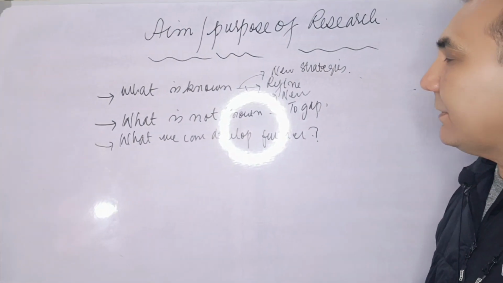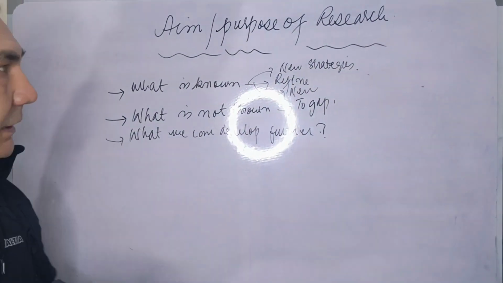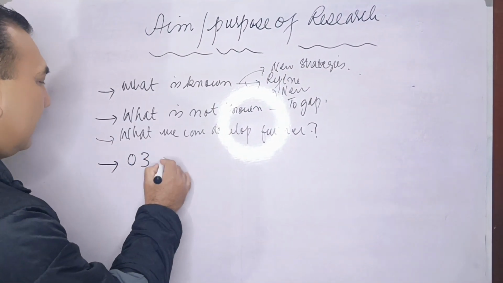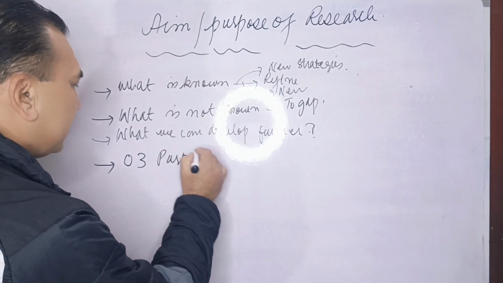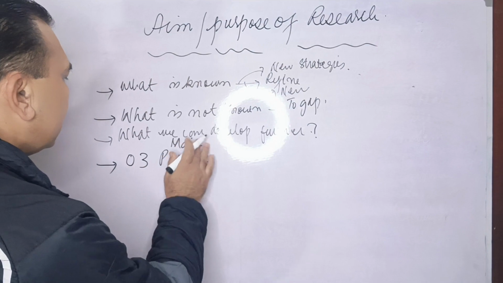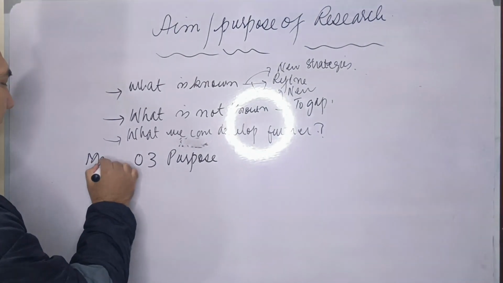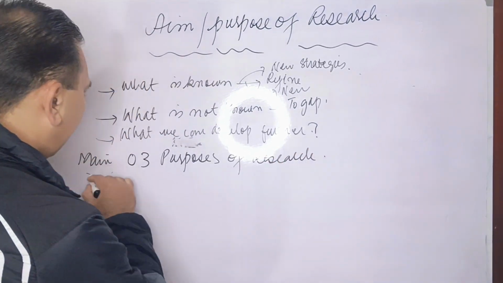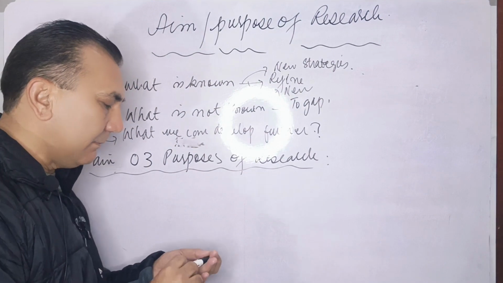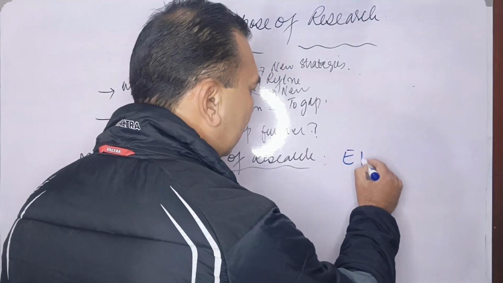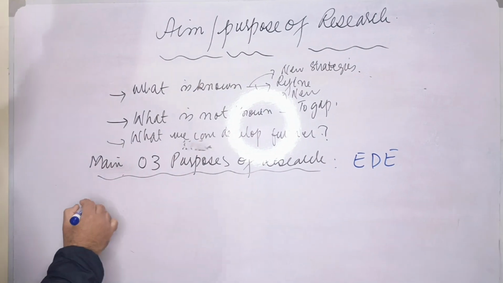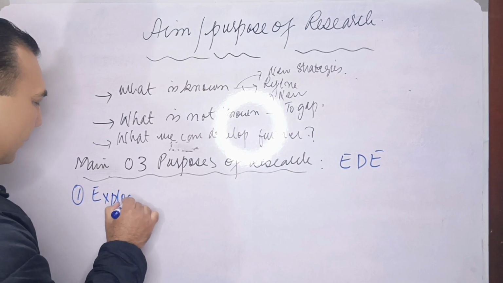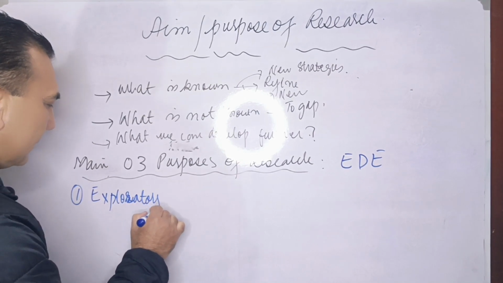Now, the other aim of the purpose of research: you should keep in mind the three main purposes of research, and you should remember them by a mnemonic. It's called EDE. The first E is for exploratory research,